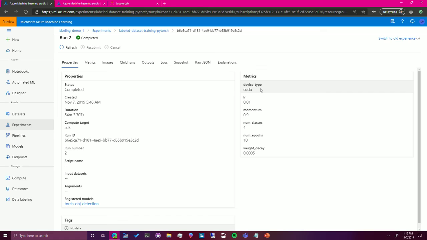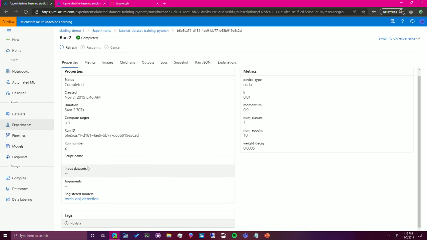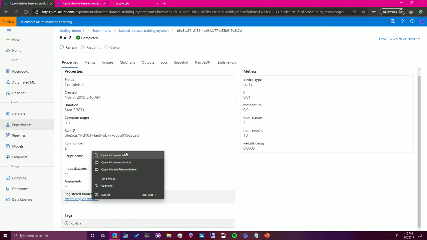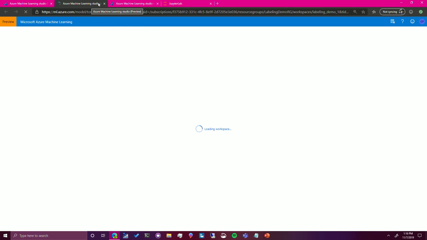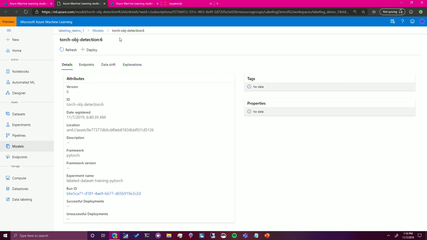I've seen data scientists like building spreadsheets and just writing it down on paper. So this is a huge improvement that you can use very simply to just get your basic tracking in. Also, we'll see that model that I registered here. So I can go ahead and just click into that model, which was registered from the run. From this model, I can deploy it through Azure ML, either as a web service endpoint or do powerful batch inferencing using our new batch inferencing service. We even have a deploy button through the UI that you can use.